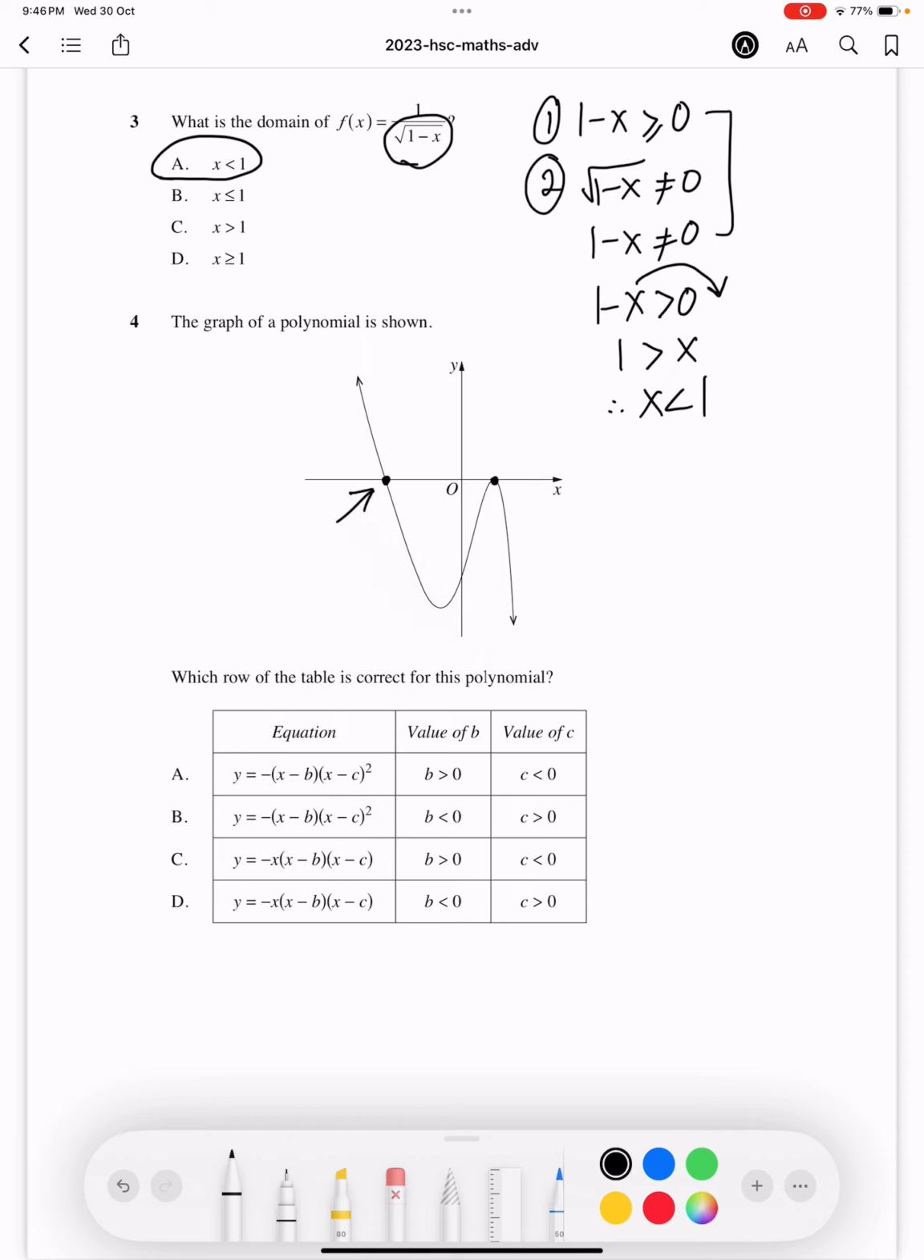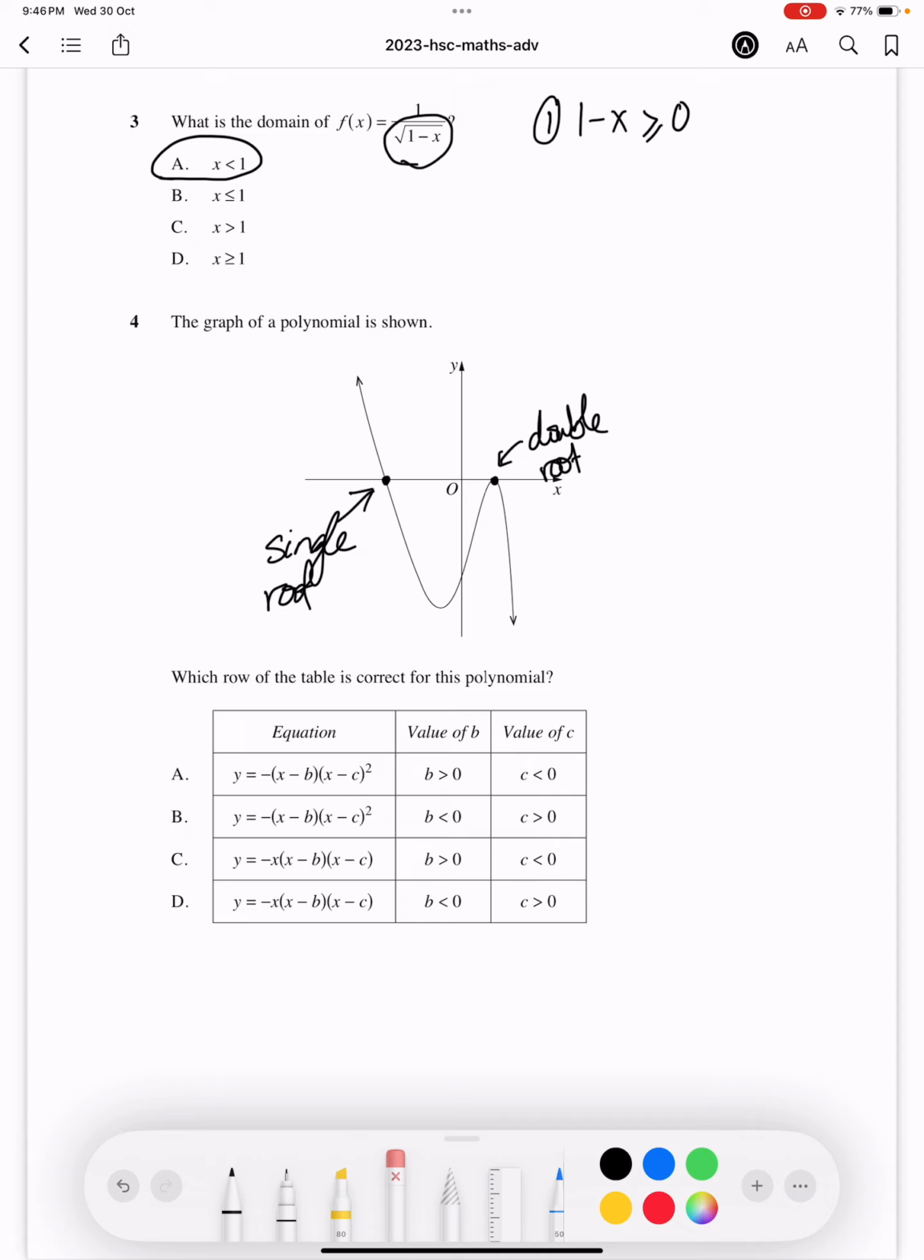So let's go ahead and tag that. So single root, and you've got double root there. Let's get rid of this so there's no overlapping with this question. Okay, so the single root